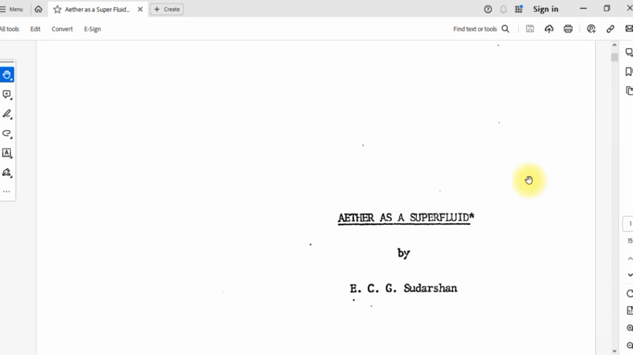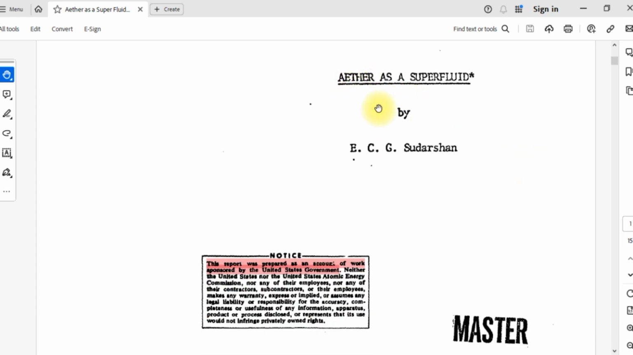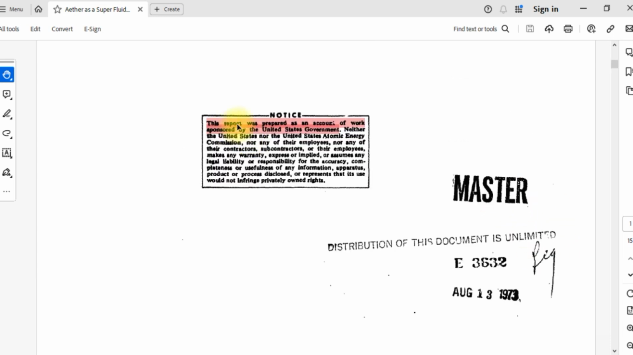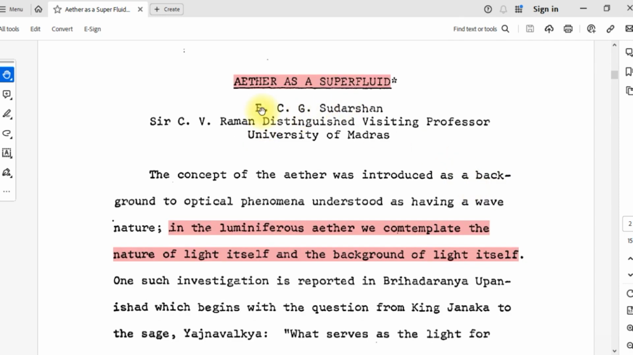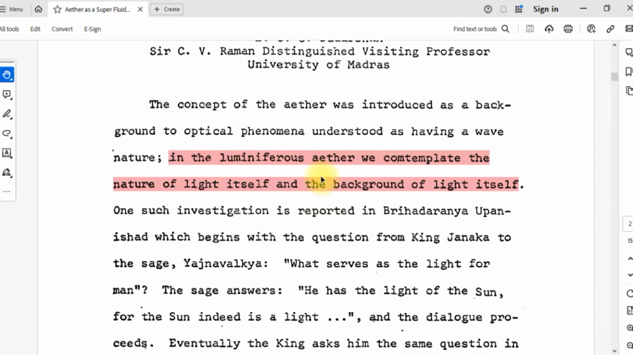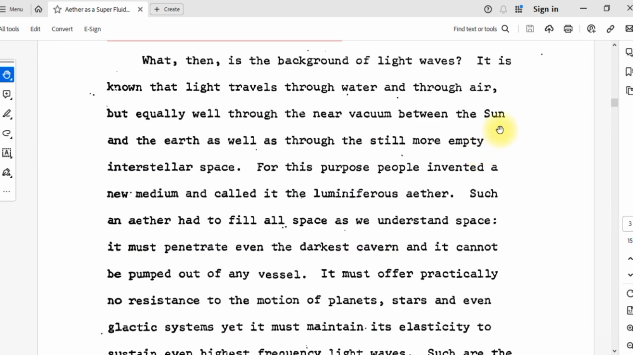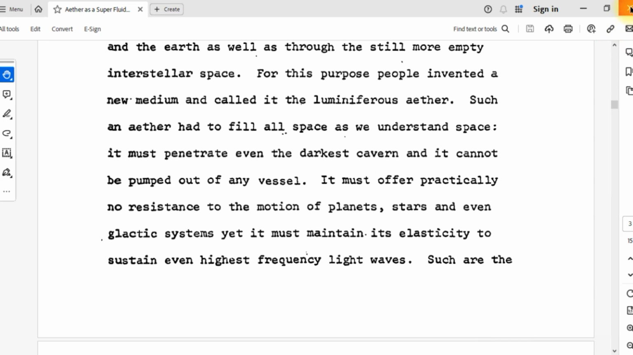I have two more documents. This one, Aether as a superfluid, the Aether right here. And this document is dated 1973. This report was prepared as an account of work sponsored by the United States government. Aether as a superfluid. So here, this study was made by this Indian guy, and he talks about the Aether. If this firmament and the Aether, flat Earth, in official hidden documents that we didn't have any access until the